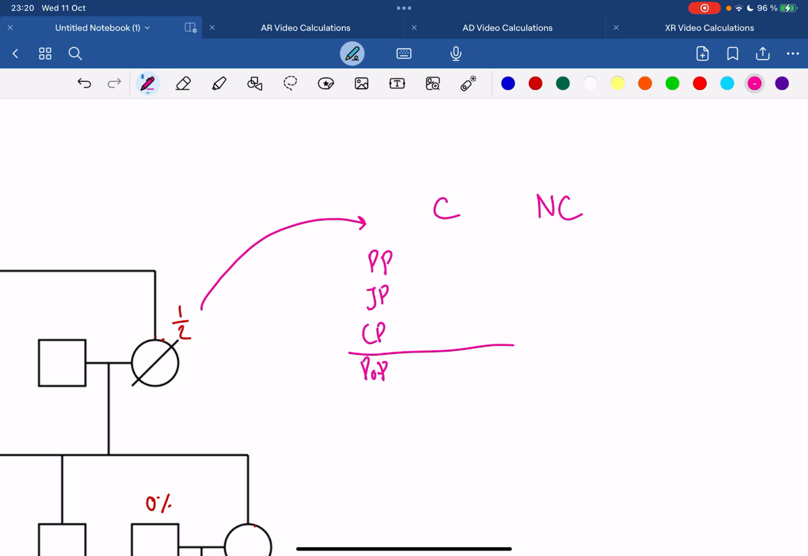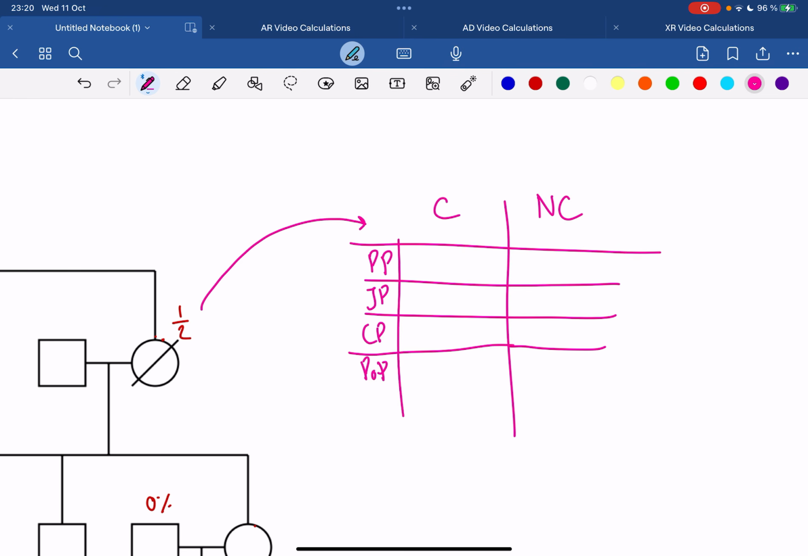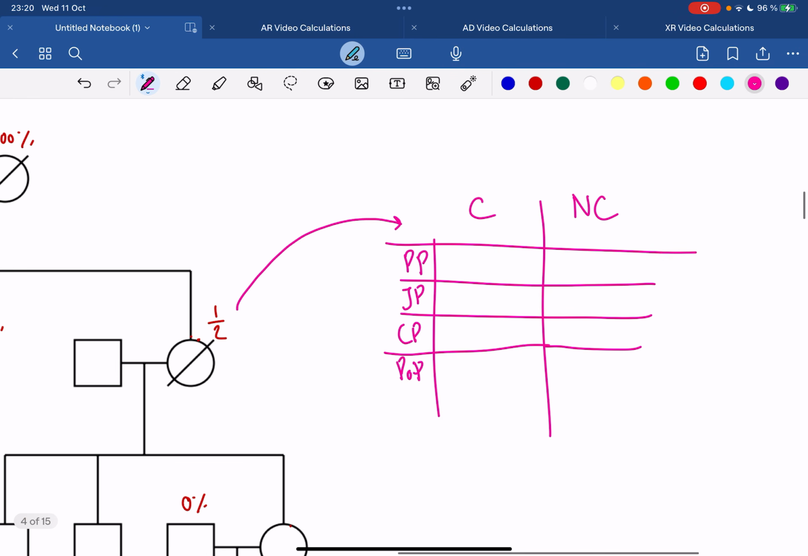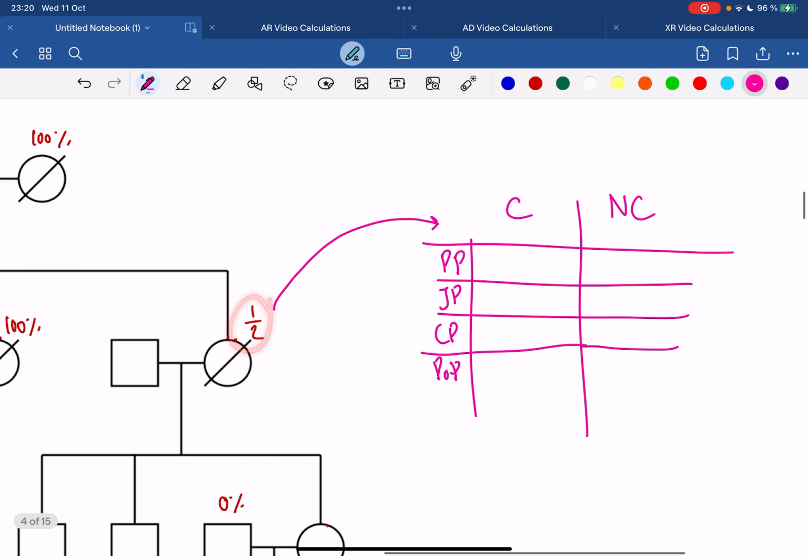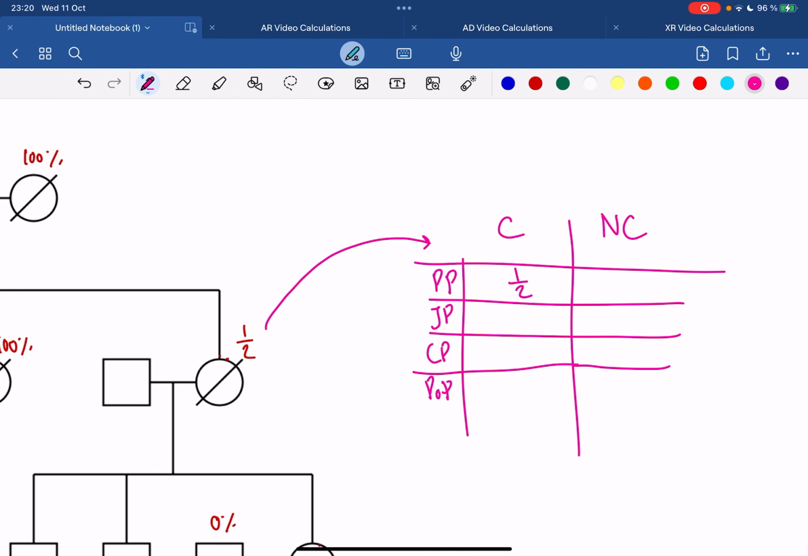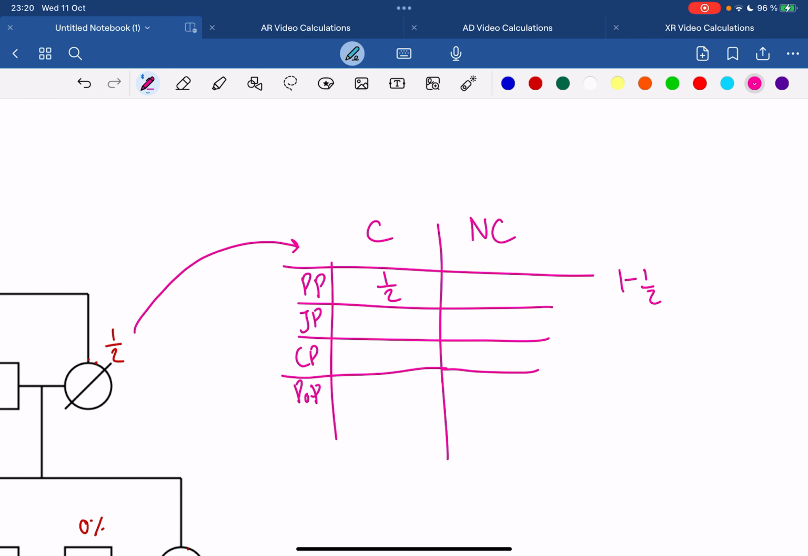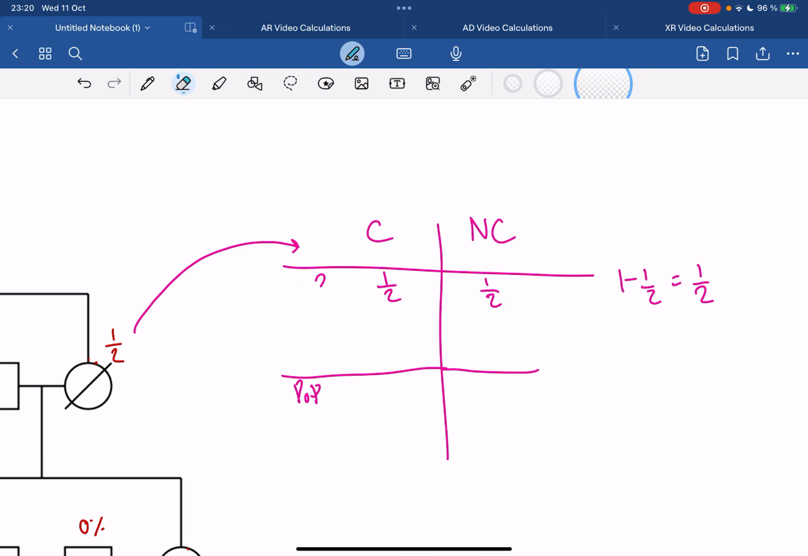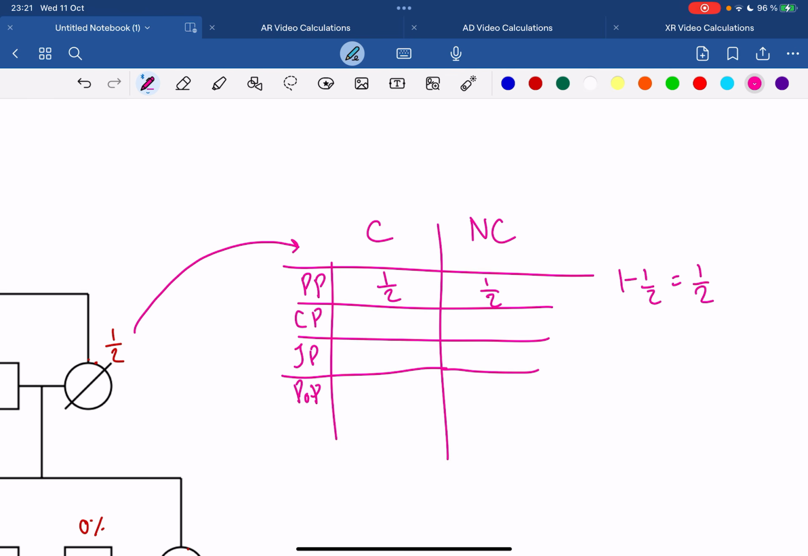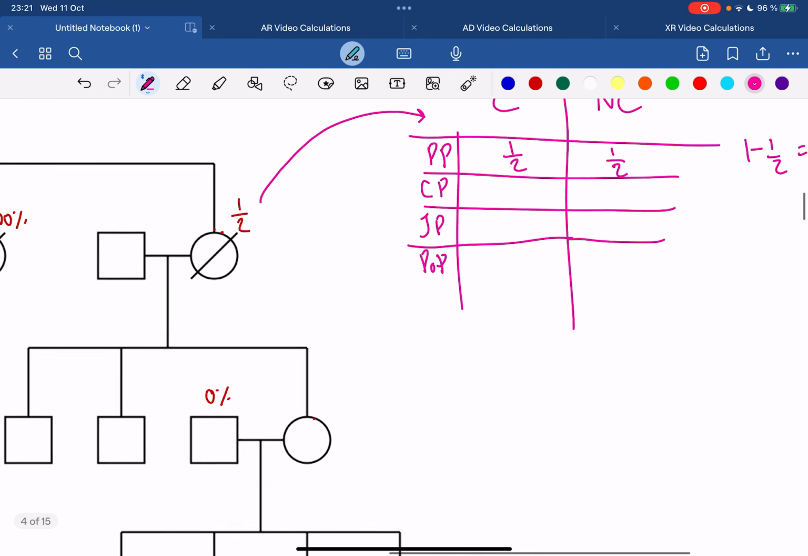All right, so for posterior probability, it's of course half of what your parent has, which is 1/2. And for non-carrier, it would be 1 minus 1/2, which is equal to 1/2. For joint probability, or sorry, these two are mixed up. There we go, CP and JP there. For conditional probability, like I said,